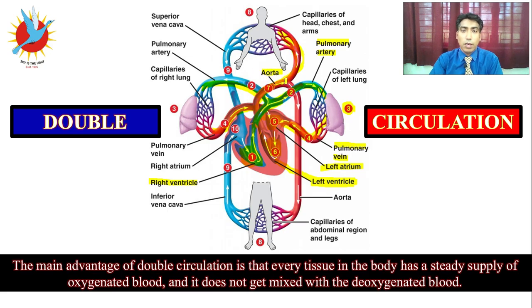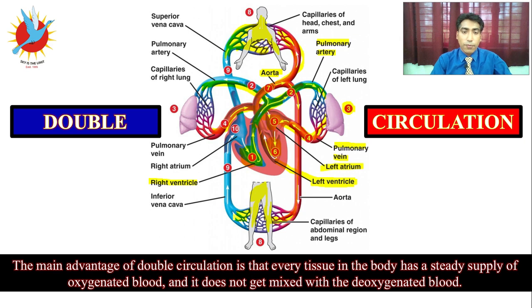So from the aorta this oxygenated blood will be transported to the whole body, meaning the lower part of the body as well as the upper part of the body will get the oxygenated blood with the help of the aorta. When this oxygen gets utilized by the body tissue and carbon dioxide is generated in the body tissues, then this carbon dioxide gets absorbed back into the blood and the blood becomes deoxygenated due to the high concentration of carbon dioxide.